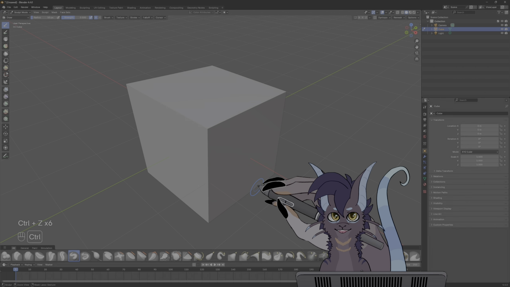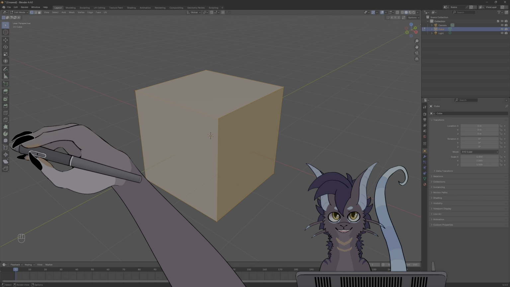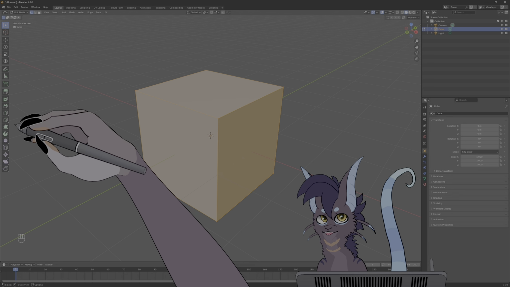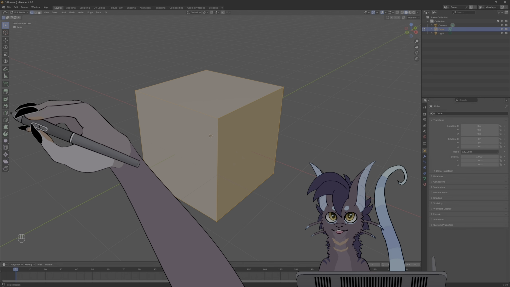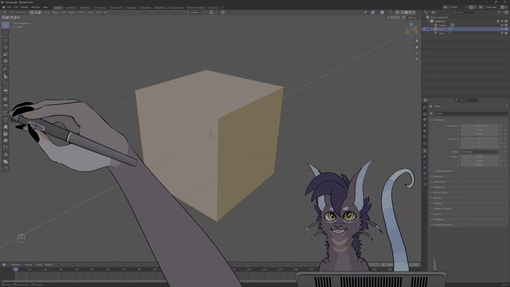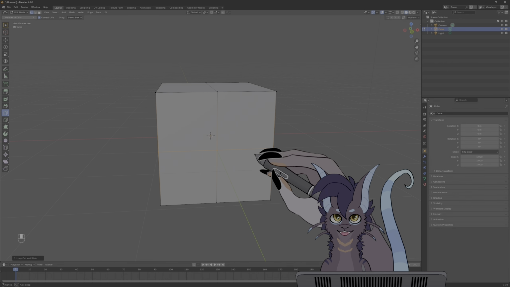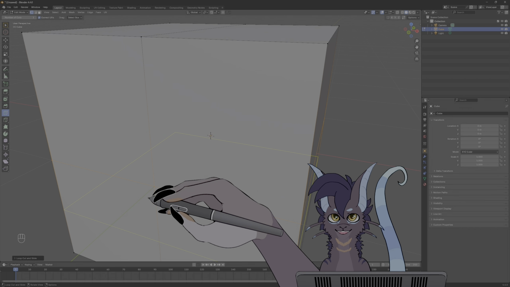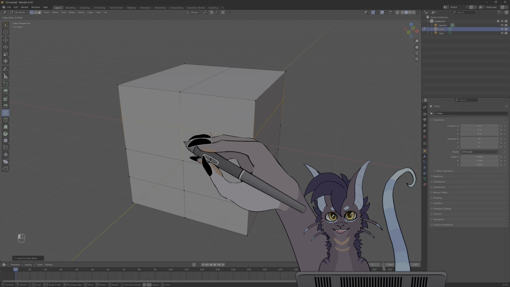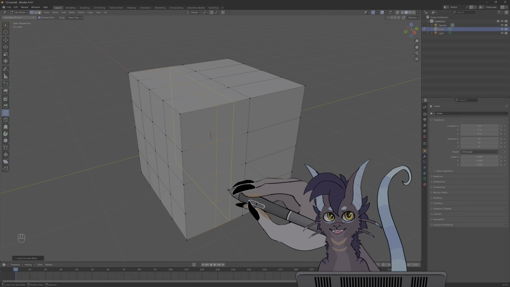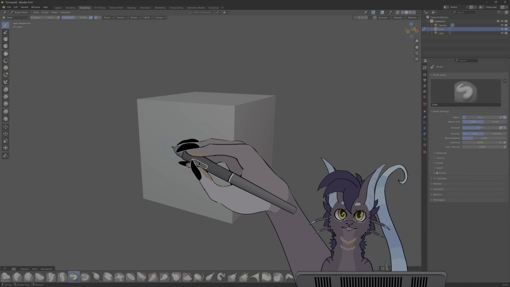So let's undo all our sculpting. And we'll get into all of these tools later, but just as an example, you might think, oh, this tool looks like it will cut our thing in half. And now we have vertices in the middle we can work with. We can just keep doing that then. And on this side too. And now when we sculpt,